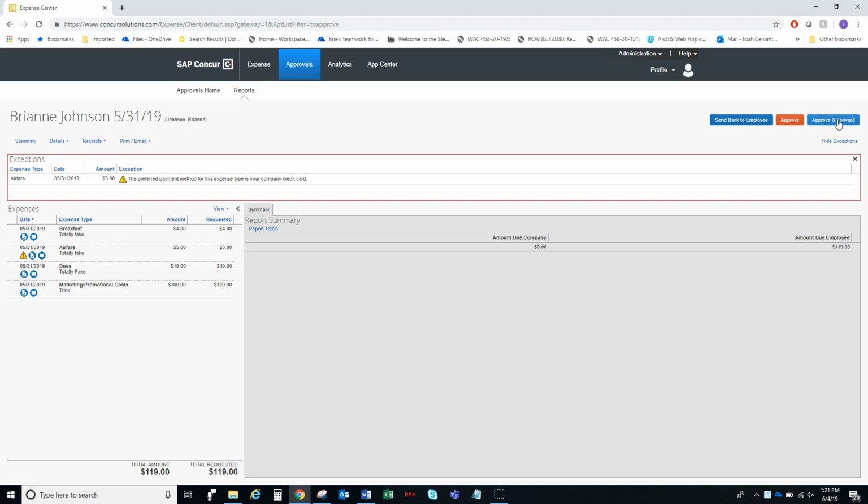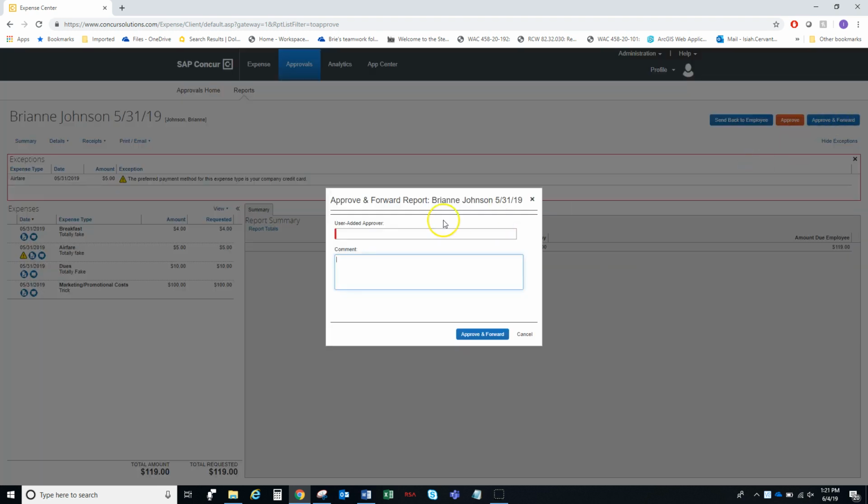Our last option, and this is important for managers that have employees on the Cora team, you will click Approve and Forward. So currently Dale DeWitt approves all of the Cora expenses, so you will want him to approve any Cora related expense reports. So under User Added Approver, just type in Dale's last name. You will click here, and you can add a comment, Cora expenses for